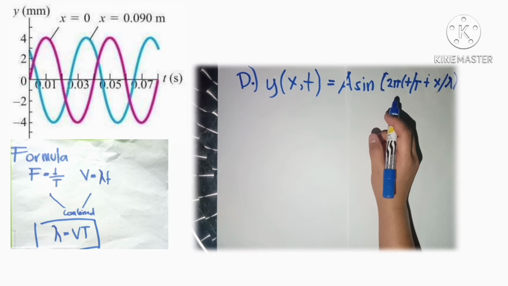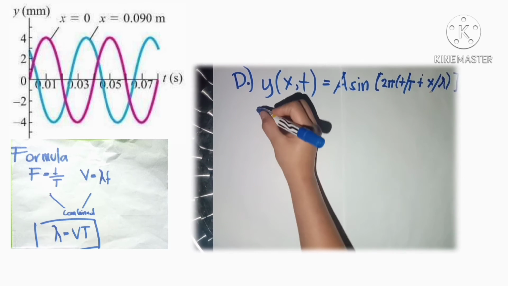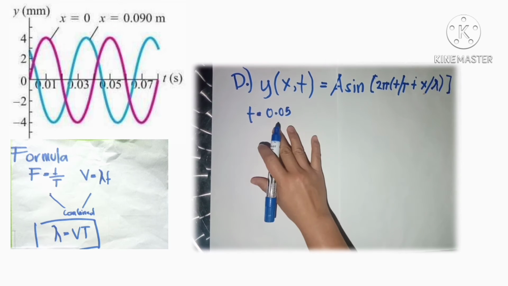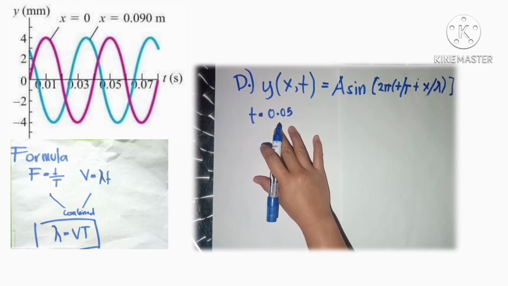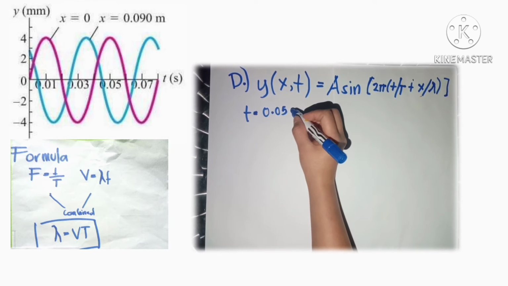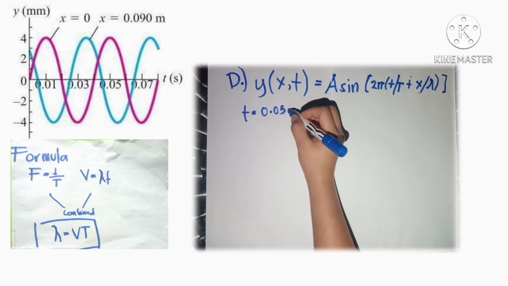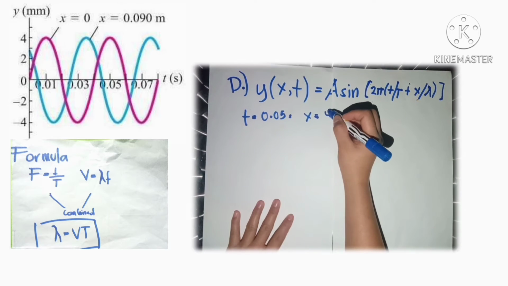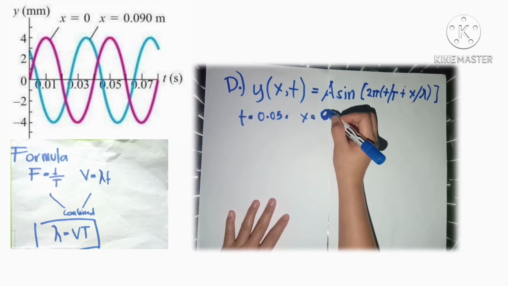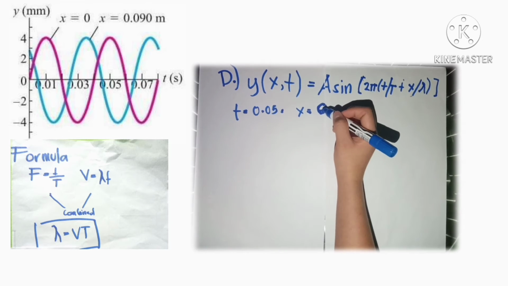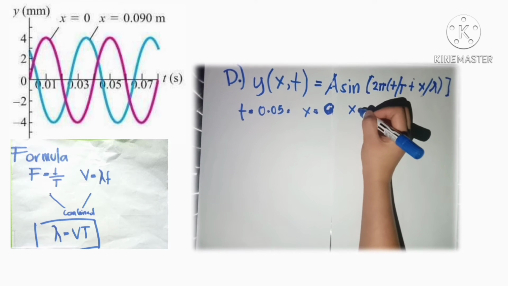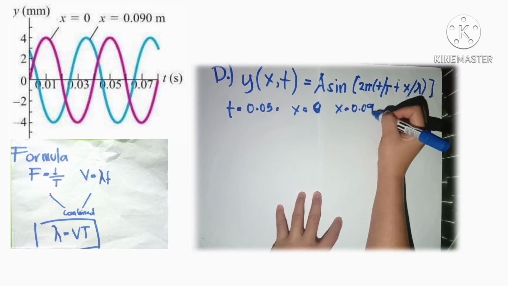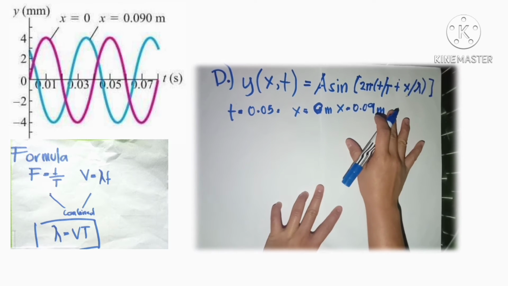After this, the peak at the time equal to 0.05 seconds is the first maximum for x equal to 0, and at the same time, the peak at x equal to 0.09 meter occurs at